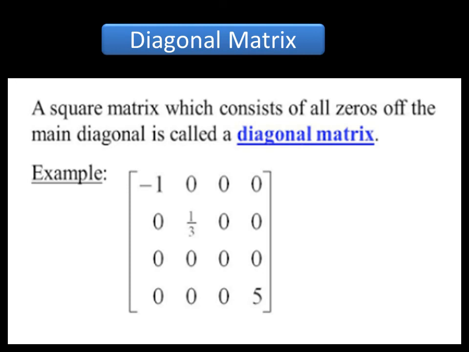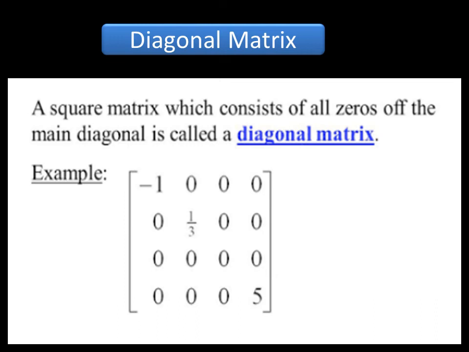Now we will talk about diagonal matrix. We can define it as follows: a square matrix is called a diagonal matrix if at least one of the entries of its diagonal place is not 0 and all other entries in the matrix are 0. For example, you can see on your screen a diagonal matrix in which 3 entries on the diagonal places are not 0. Diagonal place means the common point of each row and column. For example, -1 is at the place where first row and first column meet.